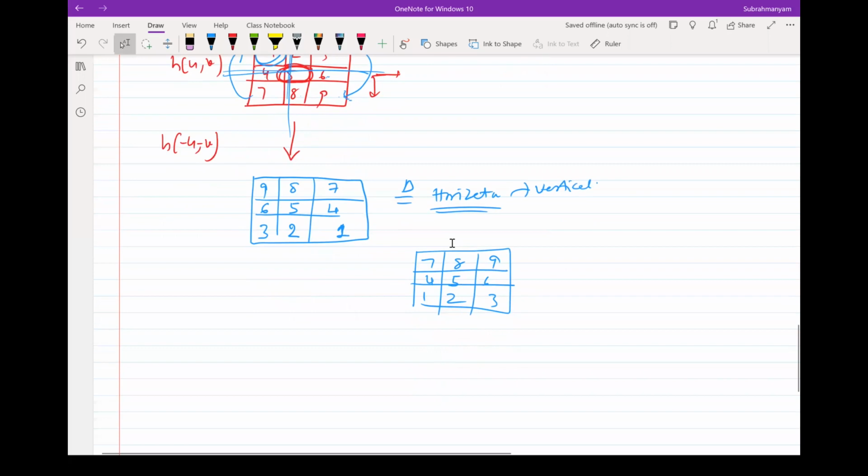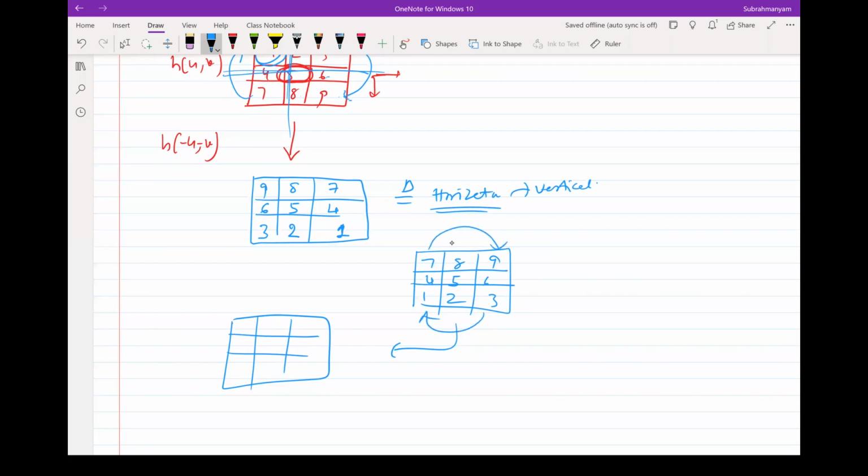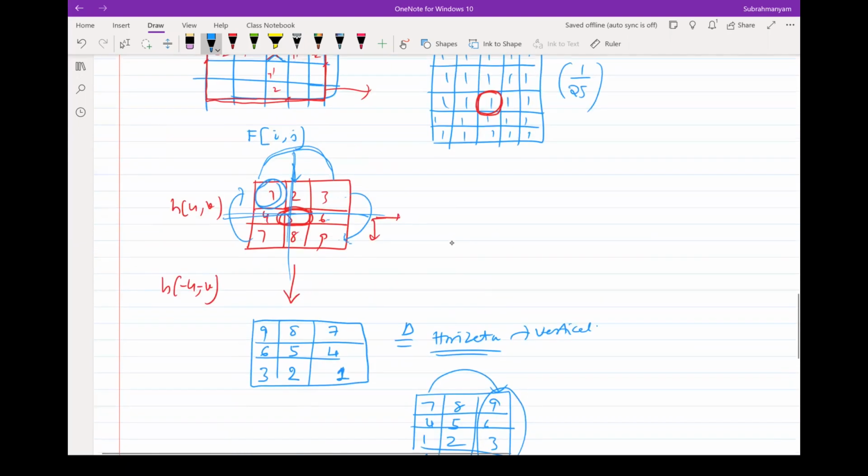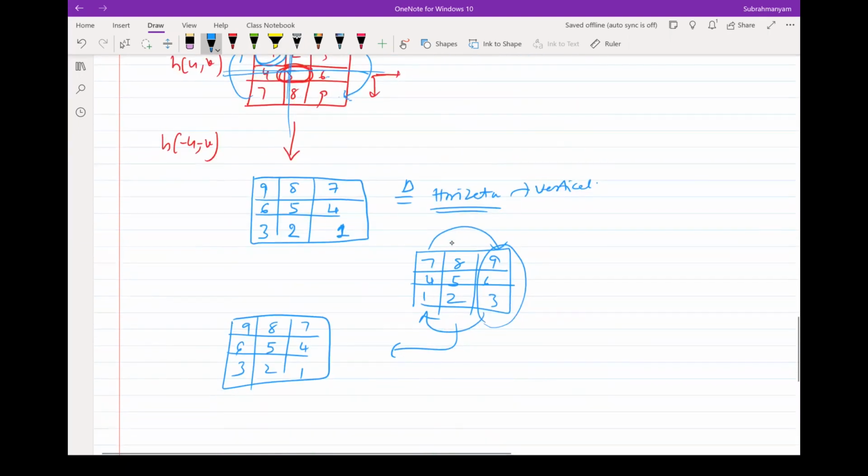Followed by that, next let me do a vertical flip now. By that, what's going to happen? This would come here, this would go there. Of course, the center one would remain the same: 8, 5, 2, 7, 4, 1. And this would come to 9, 6, 3. That's exactly the same as doing element by element, minus i and minus j, flipping along the x and y axes. So one convenient way of doing this flipping operation is that you first do row-wise flipping and then column-wise flipping, or you could in fact do it the other way around as well,